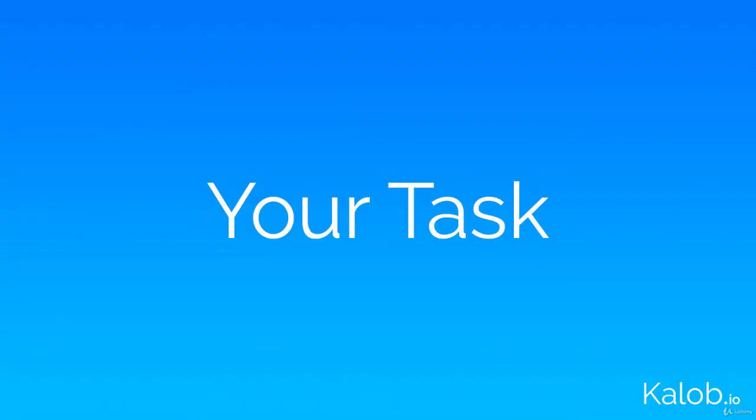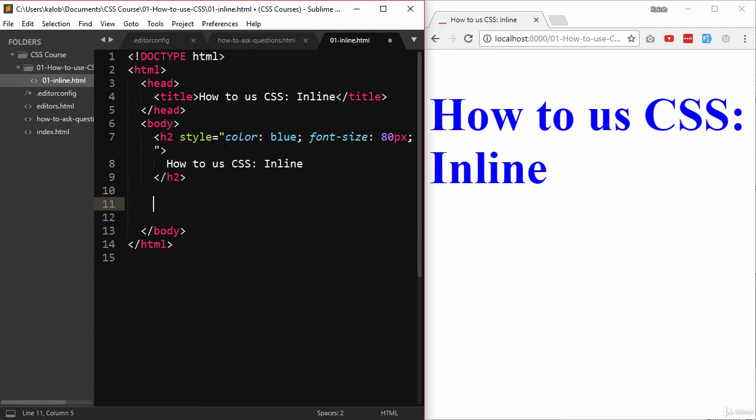So your task for this video is I want you to write an H2 element, and then I want you to just change the color of it. You can even just copy exactly what I have. I'm not going to give you the code for this one though, because I want you to actually write this out. In future lessons, you're going to get all the code. Don't worry about that. But right now, I just want you to be able to write this out because